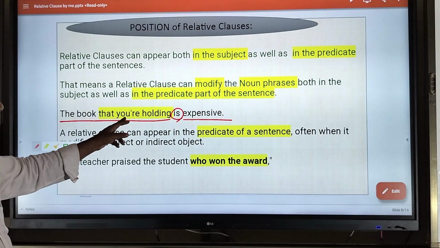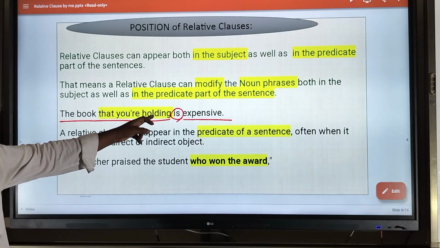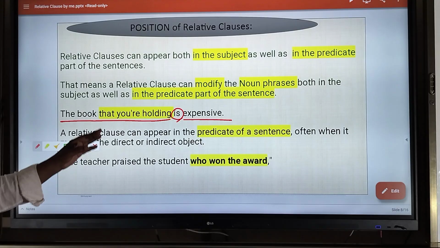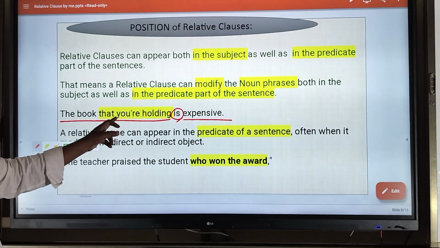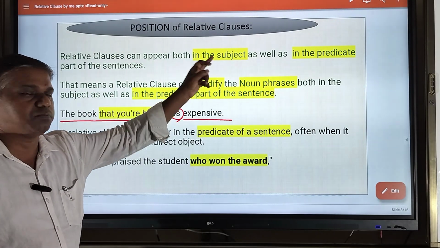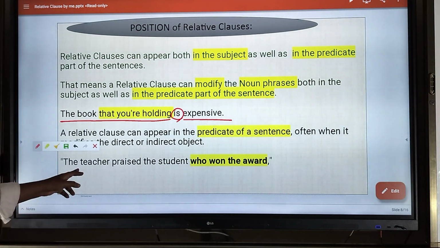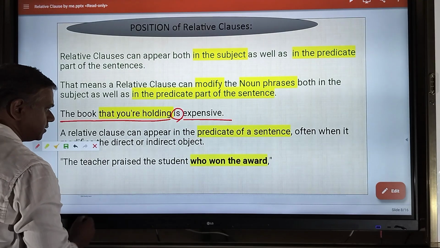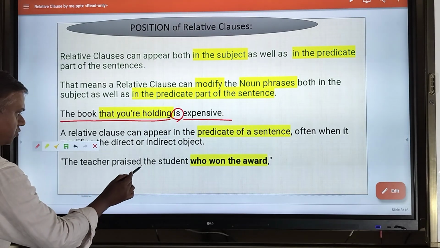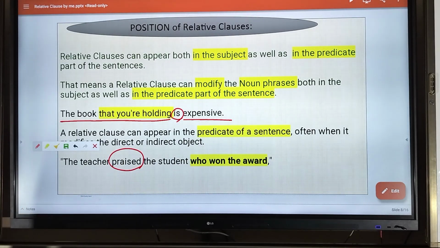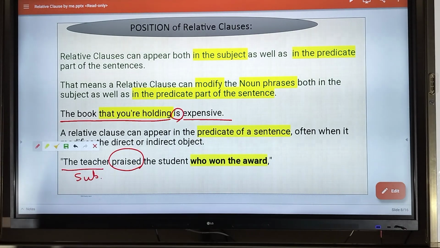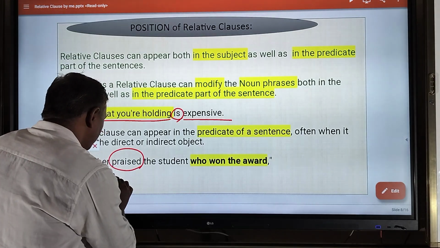तले एई जो रिलेटिव क्लोज टी बुक को मॉडिफाई करजी ये को जगह रे बसिची, सब्जेक्ट जगह रे बसिची. अंडरस्टूड? तले आमे पाइले रिलेटिव क्लोज रो एठी पोजीशन कोठी रहला, that is in the subject part of the sentence. And here you see the teacher praised the student. In this sentence which one is the verb? Praised. And this is the subject, this one is the subject, and this one is the verb ठारू आरंभ करी